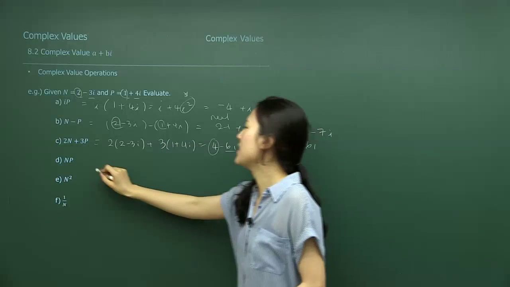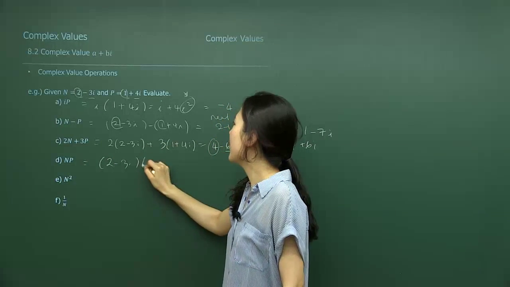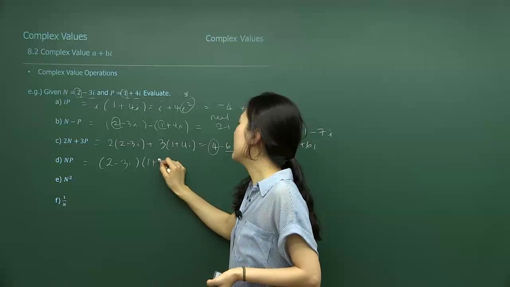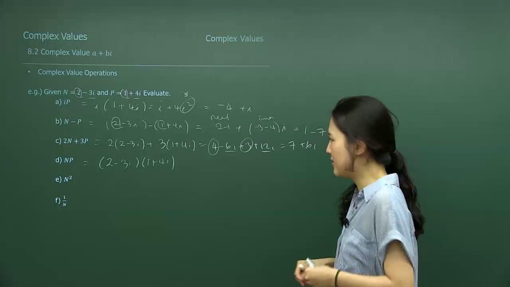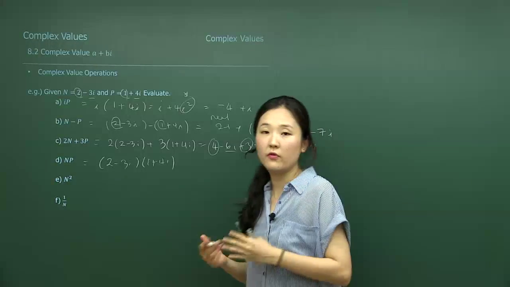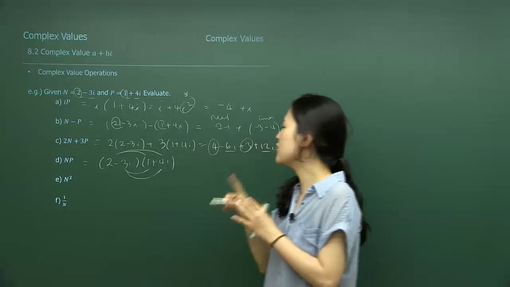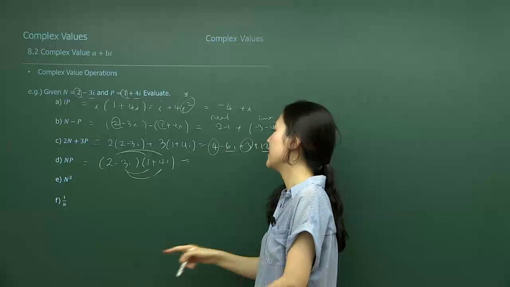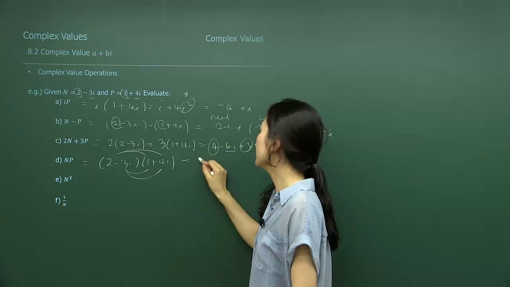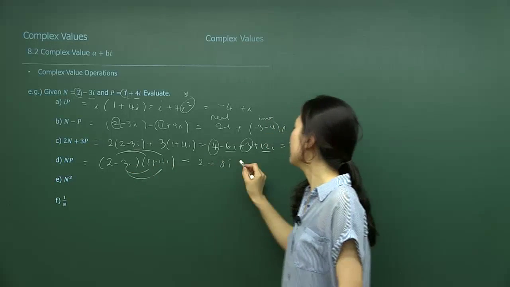n times p. Well, though these are complex, you can just think of it as two binomials being multiplied together. You need to do foiling, right? Having to multiply each term from one bracket with every single term in the other bracket. So 2 times 1, 2, plus 2 times 4i, 8i, negative 3i,